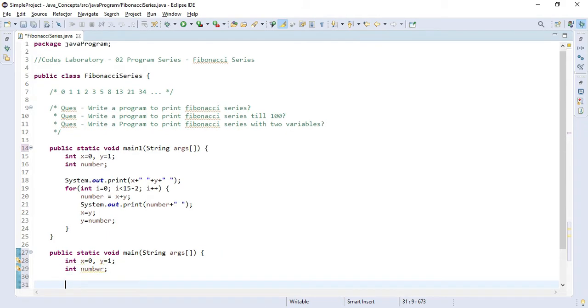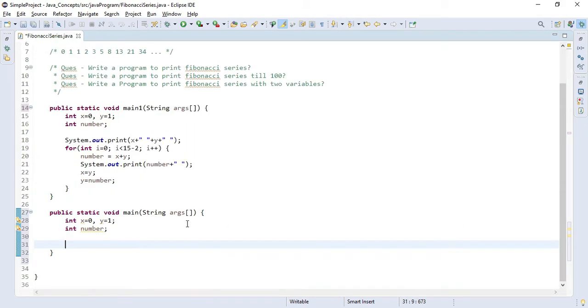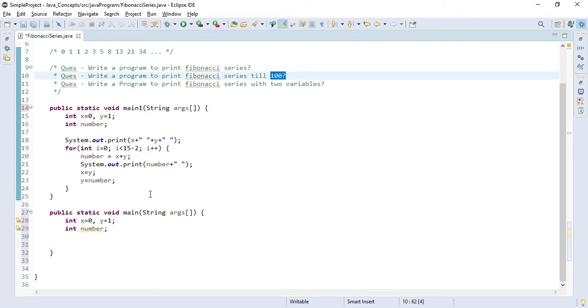But over here we will have to take care. Earlier we were running our loop on the basis of how many numbers we wanted to print, but this time we will have to use our loop so that all the values till 100 will be printed.